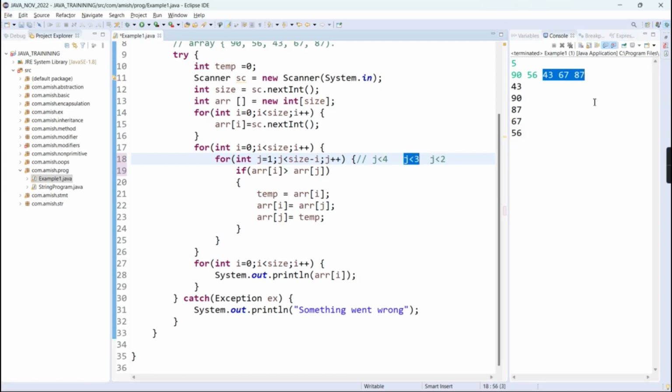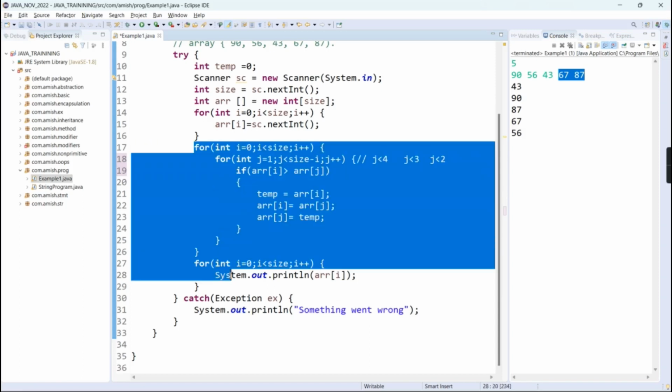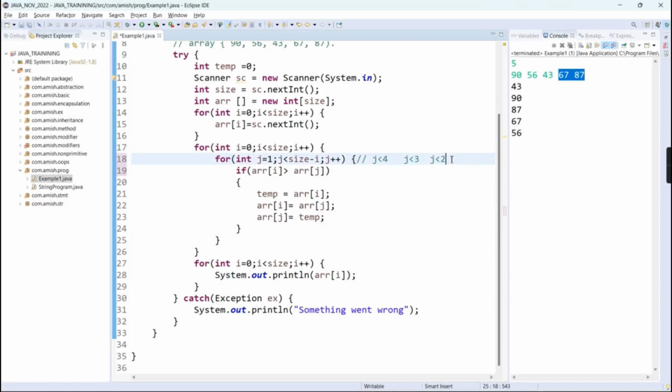We have a total of 3 values left. After comparing this with the next one, we have 2 values left. Again it is comparing whether j is less than 2 or not, and last it will compare this one. Then when the request comes to j less than 1, that request will get cancelled and we'll get the output. So you understand now why I have used size minus i here, because every time the array